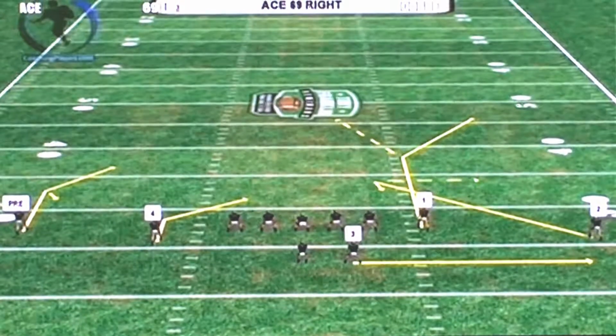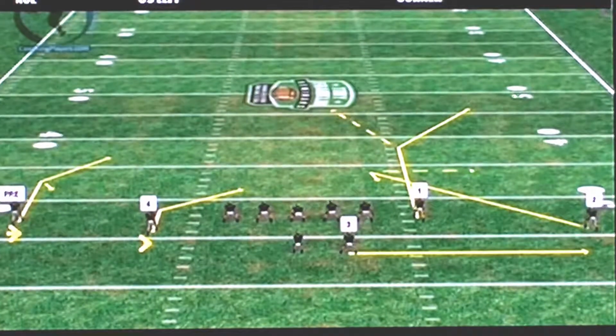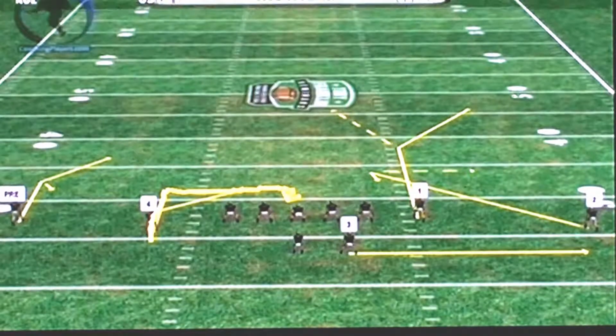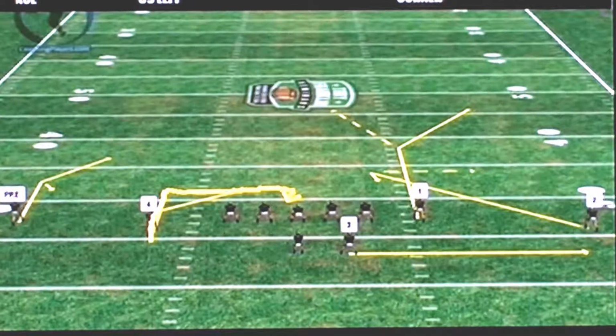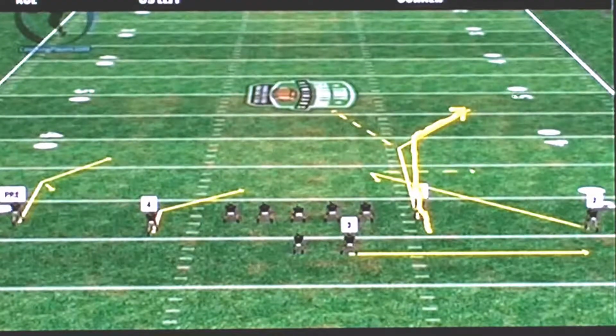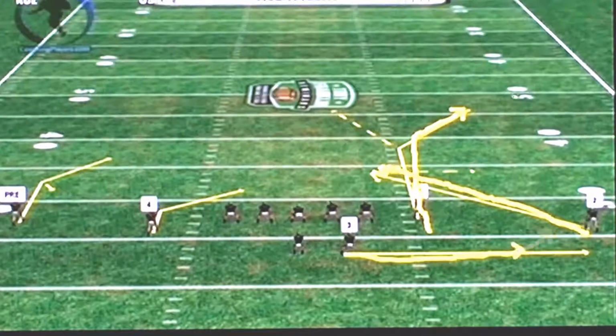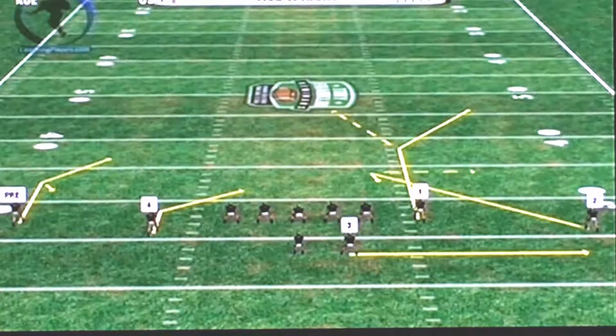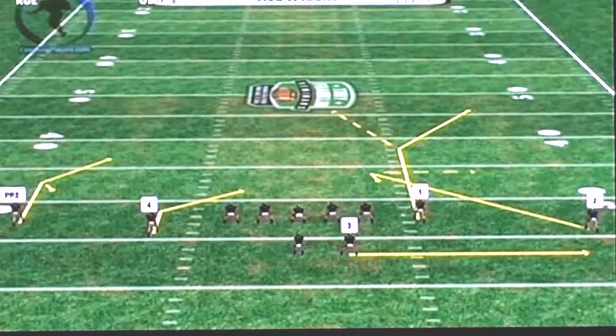And again, on the backside here, we've got slants on the backside, and as always, the inside slant, be it a 1-step or a 3-step slant, will never cross the center. If he gets into that tackle box, he just looks for some grass and sits it down, and that becomes our check down. So we've got the deep route to the spot route to the Swede route to the check down is our progression. So 1, 2, 3, and 4 is our progression there. And as you can see here, not a whole lot different than the stick route, now,